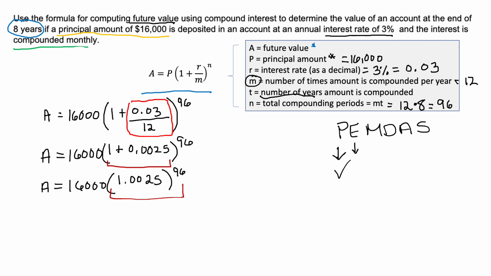So you should do this on your calculator. Your calculator should have an exponent key. Some calculators, the exponent key looks like this. Others, it looks like this. And then a lot of calculators actually have a little upward facing arrow, which is a caret key. So that would be the exponent key. So typically you type in your base, which is 1.0025, the exponent key, and then your exponent, which is 96. When you do that calculation, you get a long decimal of